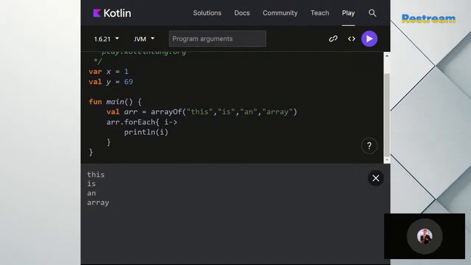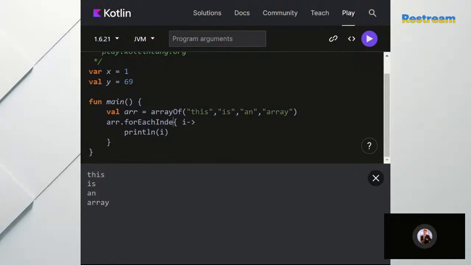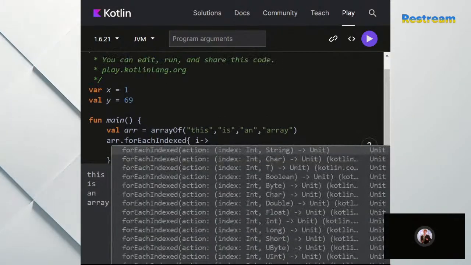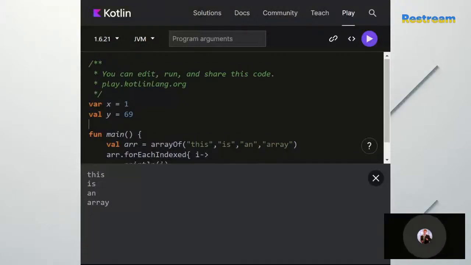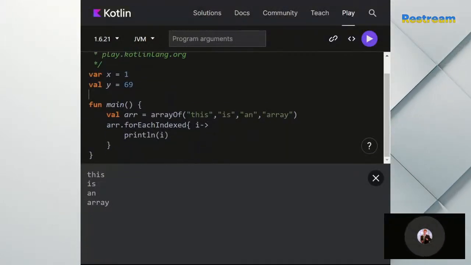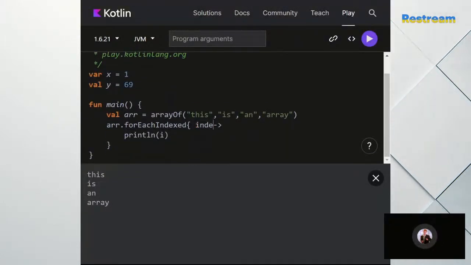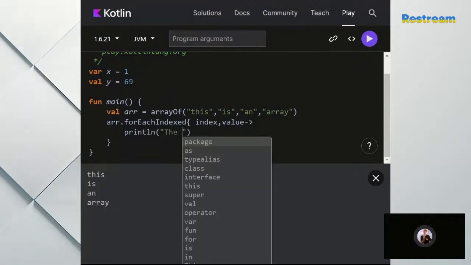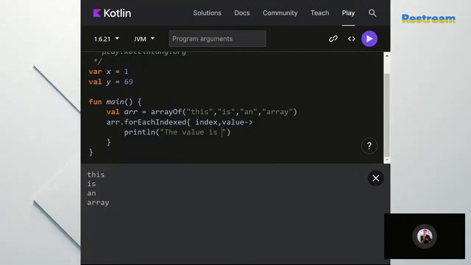What if you want to get the index also? You can do it with the syntax forEachIndexed. What this will do is return you the index as well as the value. So I can do this, and I'll print, the value is,